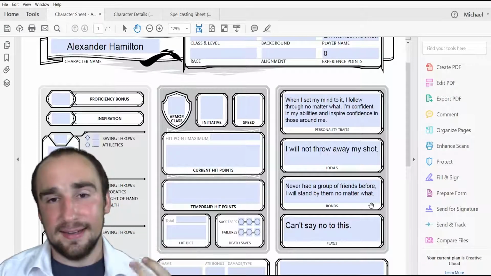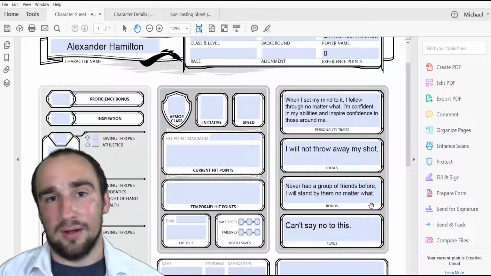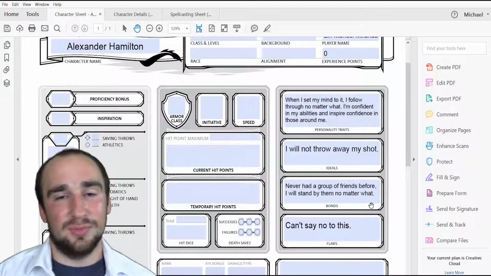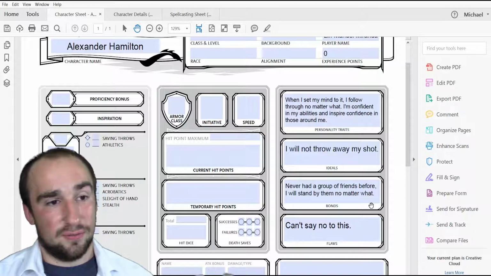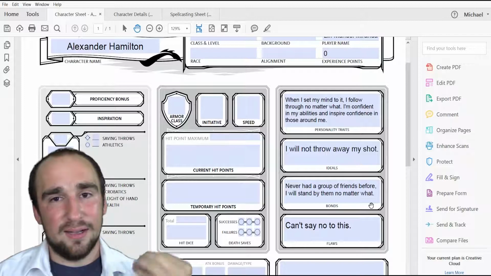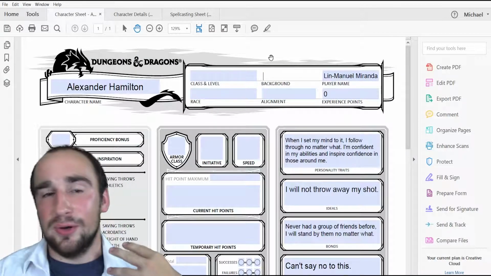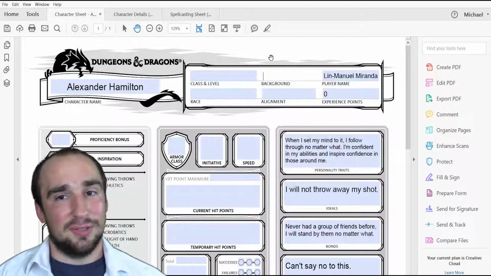He literally can't say no to this, to anything. And that's why it's his flaw. Not only because he succumbs to the machinations of the Reynolds, but also because he just literally cannot say no to opportunities. So, now that we know his personality essentially boiled down into